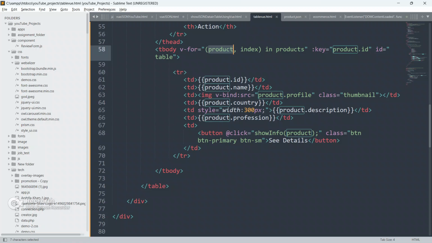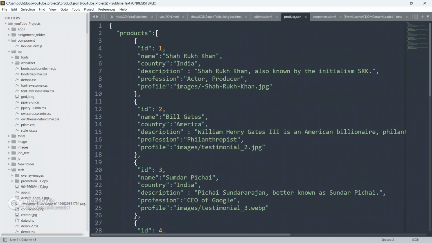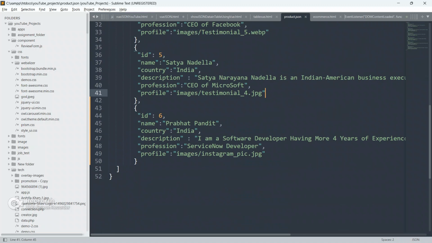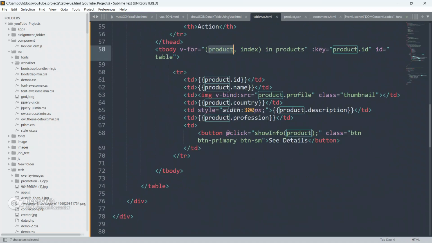Because you all know, guys, now each and everything from this JSON file is inside this product variable, and I have passed this product object entirely.